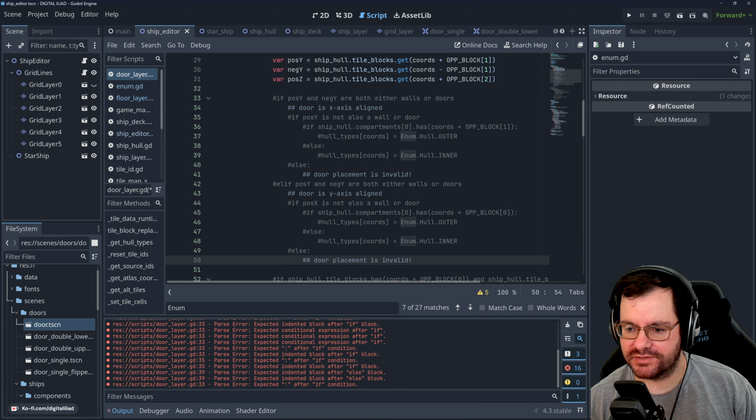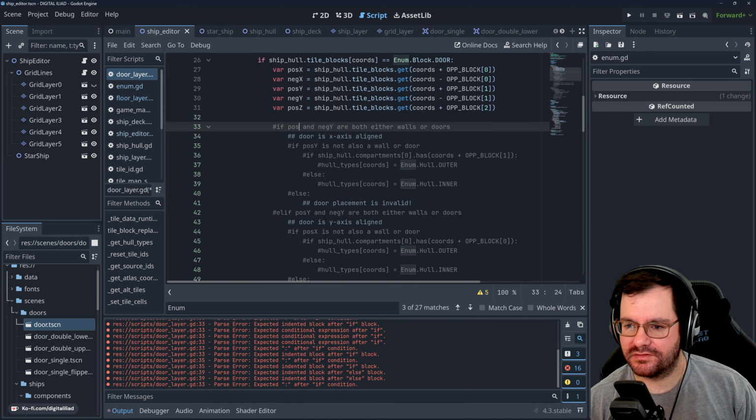All right, here's the structure of the logic, where we figure out if positive x and negative x are both either walls or doors, then the door is x aligned. If positive y is not also a wall or door,